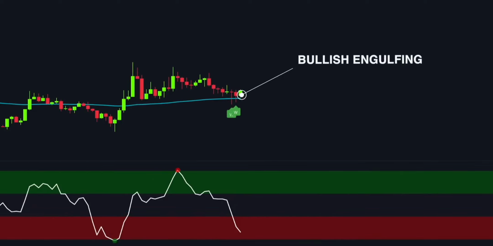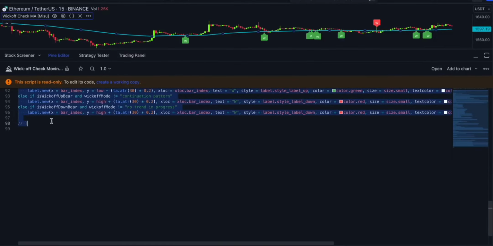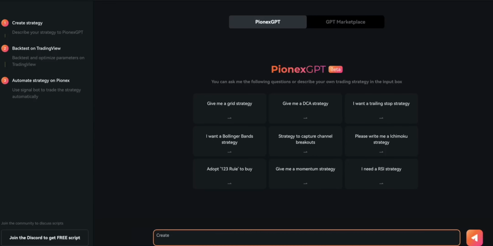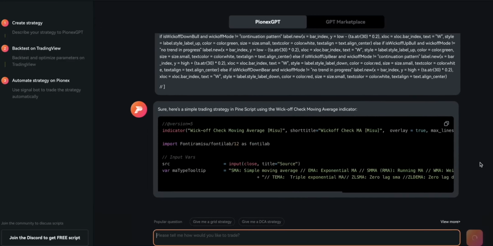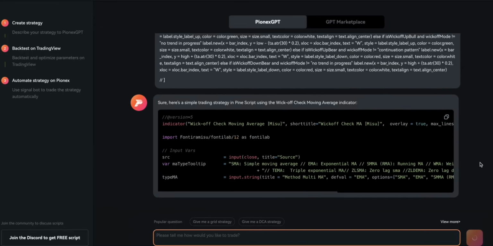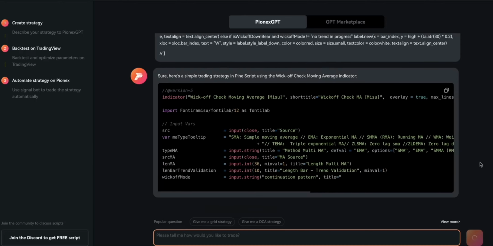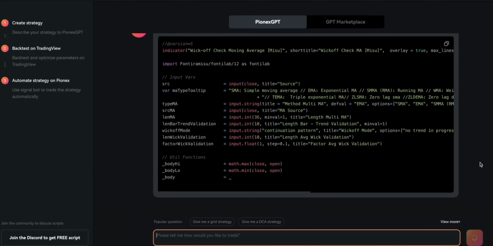By the way, this trading strategy can be fully automated into a profitable trading bot with PionexGPT. Simply copy the indicator's source codes and paste them into the chat. Ask the bot to code a trading strategy with your predefined rules. The bot will combine the indicators into one script. You can then copy the script and paste it into Pine Editor. The bot will scan the market for trade opportunities and execute buy and sell signals for you without you lifting